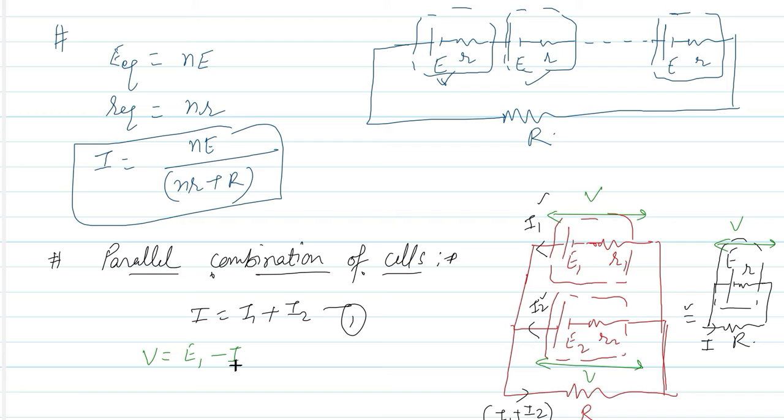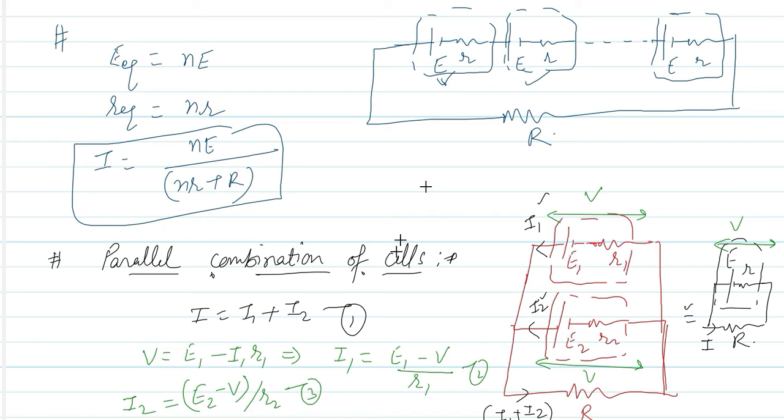minus I1 R1, right? And from this equation I can write I1 equals what? E1 minus V divided by R1. Perfect. In the same manner I can write I2 as E2 minus V by R2, right students? So this is actually, let me write it again. This is E2 minus V by R2, right students? Suppose this is equation number 2, this is equation number 3, and now